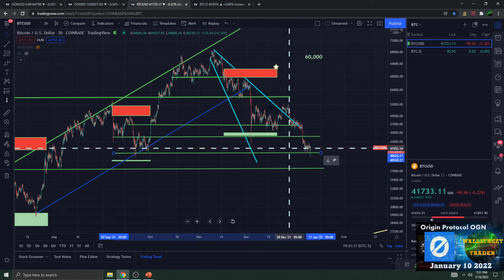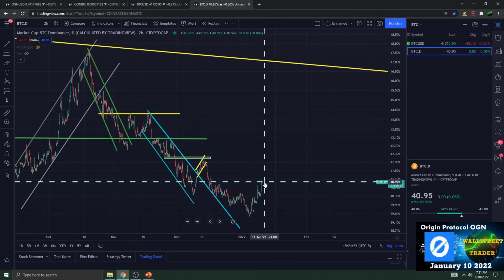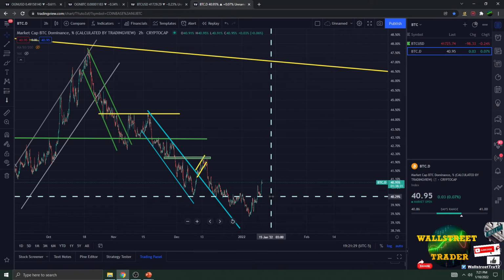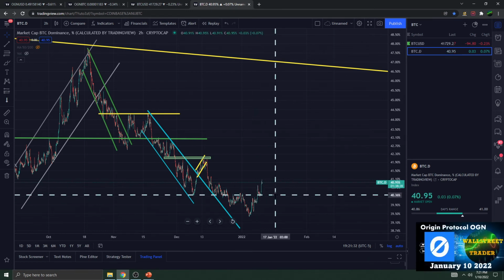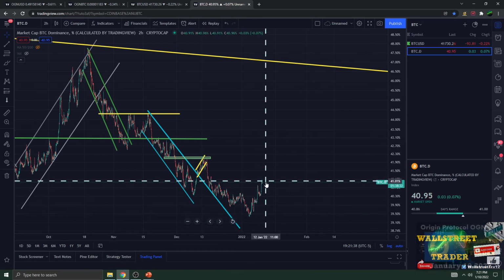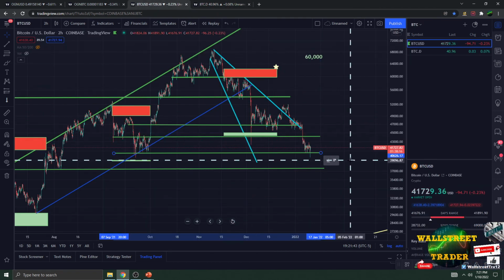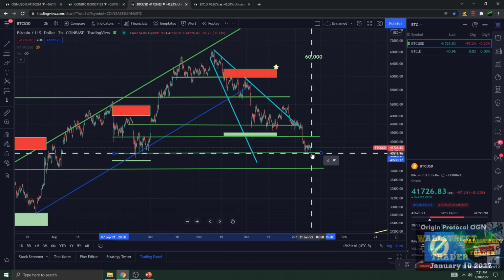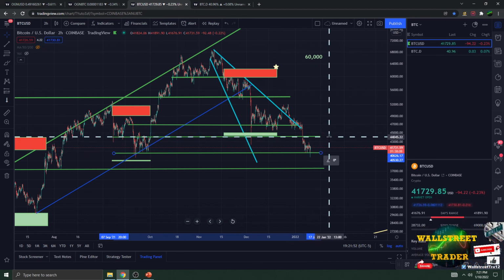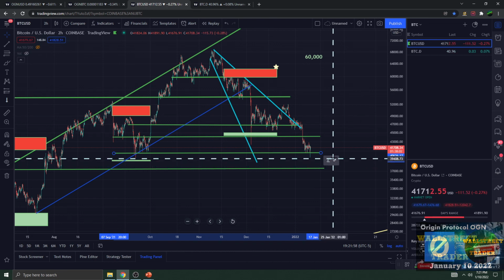A couple of things that concern me about it, to be honest. Here is Bitcoin dominance. Bitcoin dominance has been going up pretty quickly, but at the same time, Bitcoin US dollar has recovered pretty quickly as well. So a couple of things in Bitcoin's favor and a couple of things against it. This here is really kind of driven through Bitcoin going down. A lot of uncertainty in Bitcoin, I think, in general. However, Bitcoin US dollar is at 41,700. I personally believe we stay over 40,500. Yeah, we might get a wick here and there, but overall, I think we wind up hitting 44,000 and above before we get all the way down here at 37.5. But I'll keep you posted on